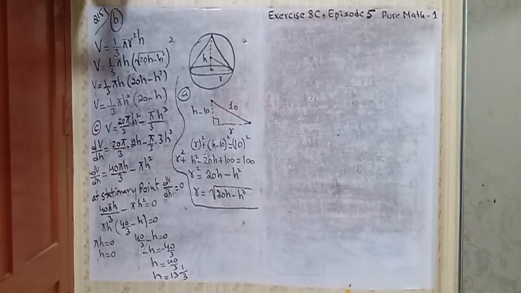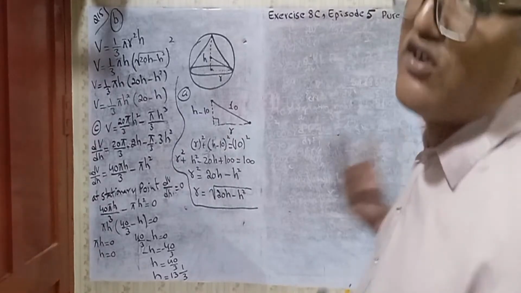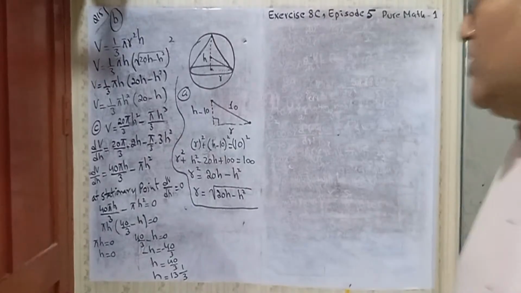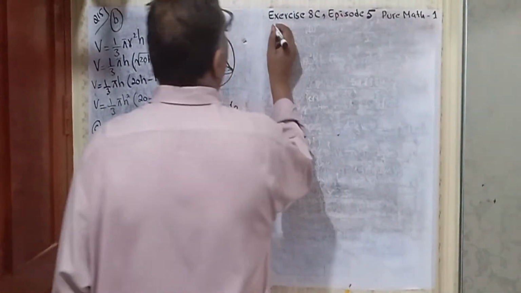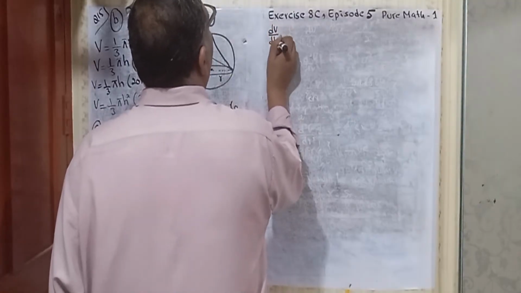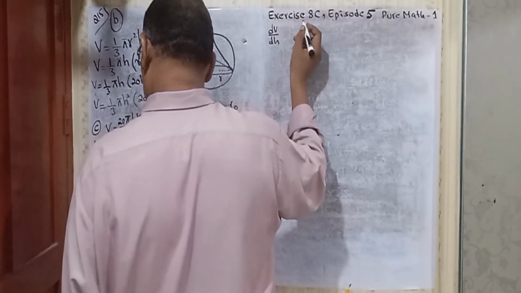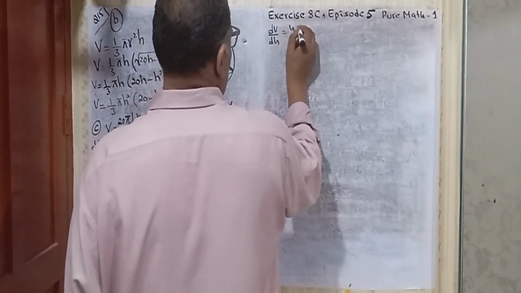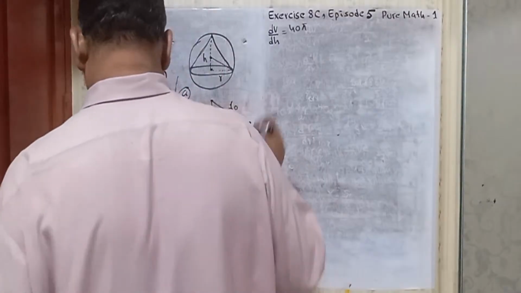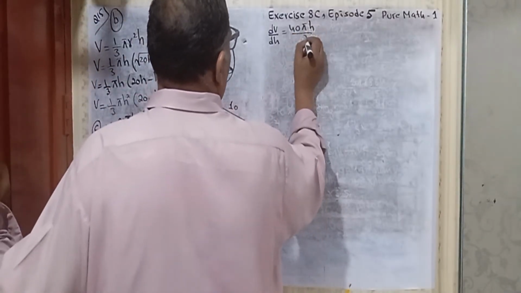Okay, so the value of h for which we have a stationary value of V is 13 whole 1/3. Then part D is: determine the magnitude and the nature of this stationary value. To find the nature of this stationary value, we have to find the second derivative. So we take the first derivative, dV/dh, which equals 40πh/3